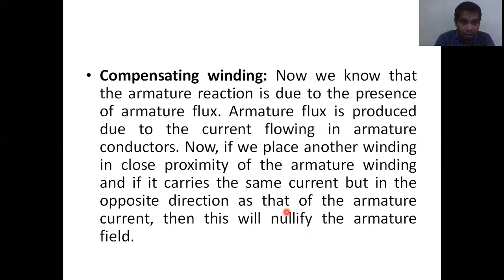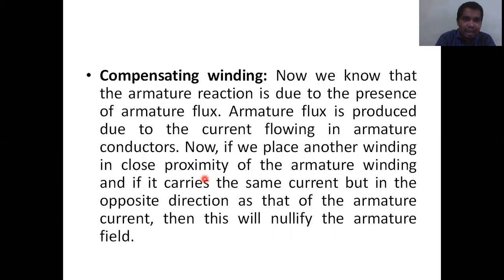So this conductor, which conductor? The compensating winding also will carry the current, but it produces its own flux, and the armature current carries its own flux, but the flux directions are opposite to each other, so it will nullify the armature reaction. For example, suppose one person is one way I have +2, another how I can cancel this one? I can have -2. +2 -2, answer is 0.